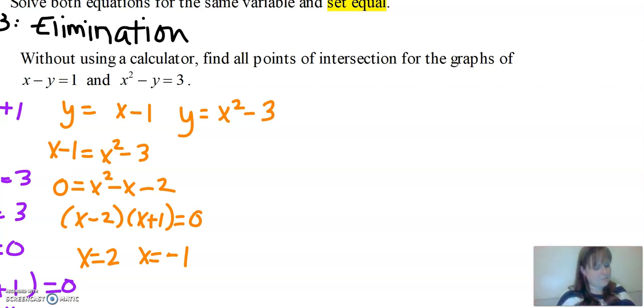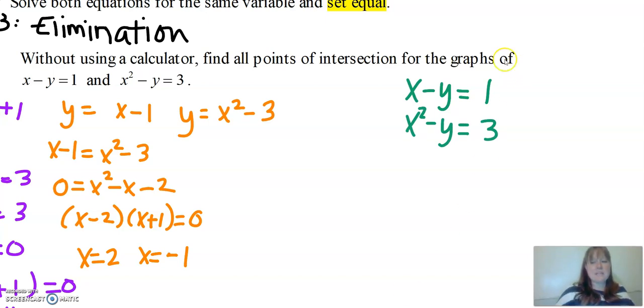So elimination, basically we just stack them on top of each other. X minus y equals 1. And then x squared minus y equals 3. And then we're going to add them together in a way that they cancel one of the variables out, right? So we either want the x squareds to go away, or the x's to go away, or we want the y's to go away. Obviously, in this case, we want the y's to go away